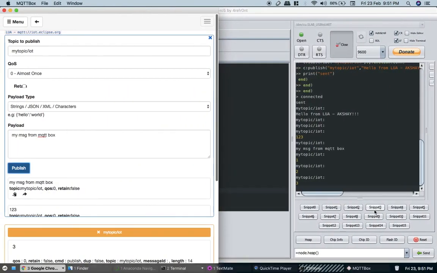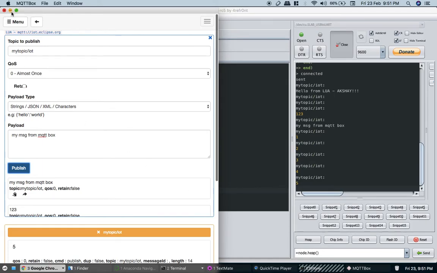That means we are on different networks and we are communicating through internet. I am sending the message as 4, then 5, and we have received all the messages. So here I have demonstrated that we can communicate over internet. There is no need to connect all your devices in a local network.